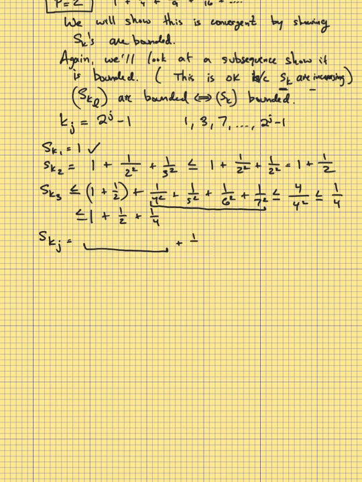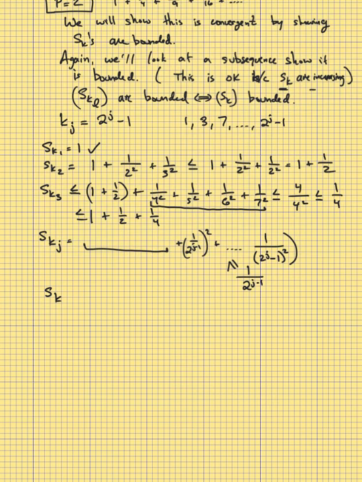1 over 2 to the j minus 1 squared, all the way up to 1 over 2 to the j minus 1 squared. Okay, so the exponent is 2 to the j minus 1. Here it's 2 to the j, and then minus 1. This is less than or equal to 1 over 2 to the j minus 1. Okay, so therefore you get that the sum,